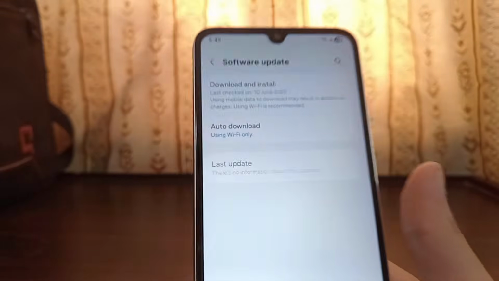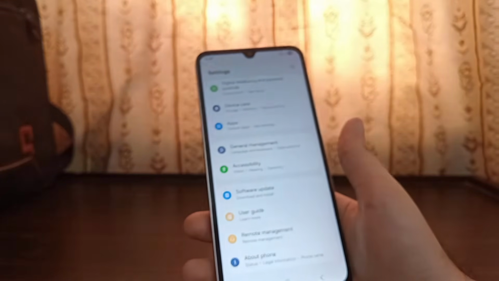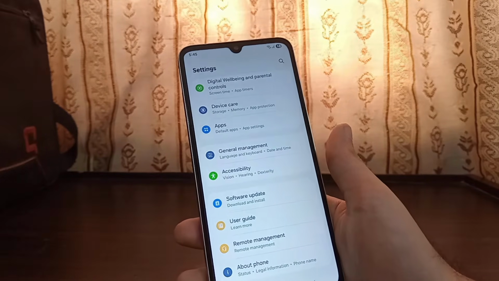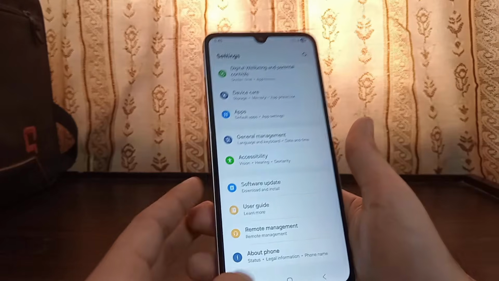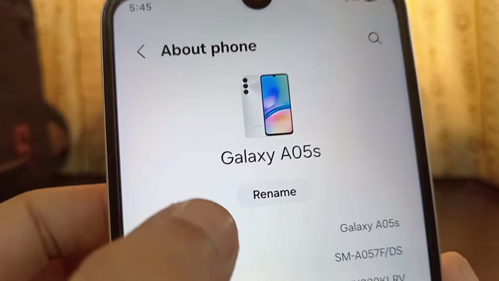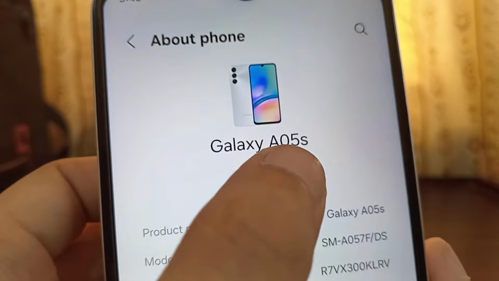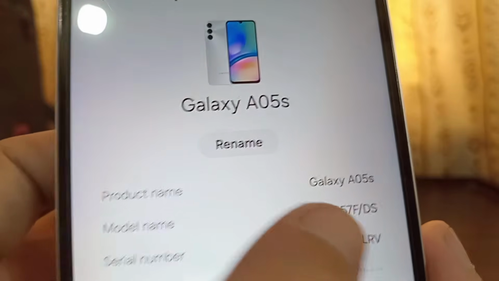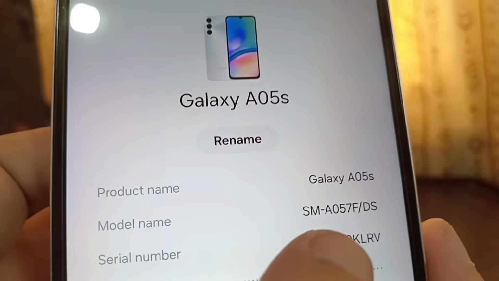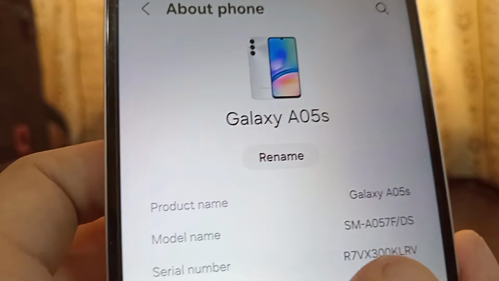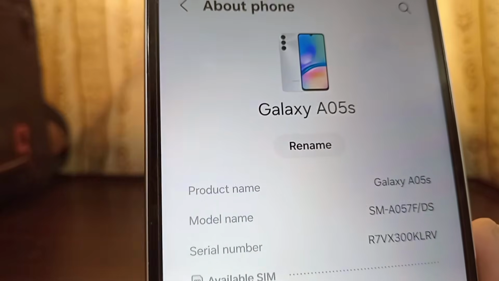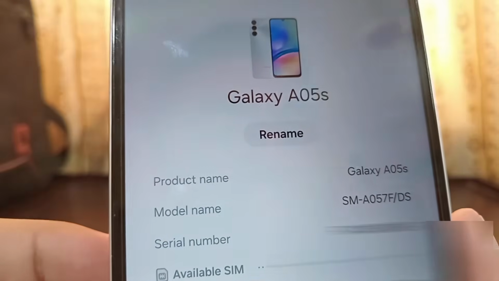Alright, so now my phone model name is A05s, but my model number is always different from your phone's model name. To know your model number, you're going to go to your phone's About phone page. As you can see, my phone is the Samsung Galaxy A05s. This is the model name, the product name A05s, but the model number is A057F. This is really important. You cannot install or downgrade firmware from other phones onto your phone. You need to have this exact model